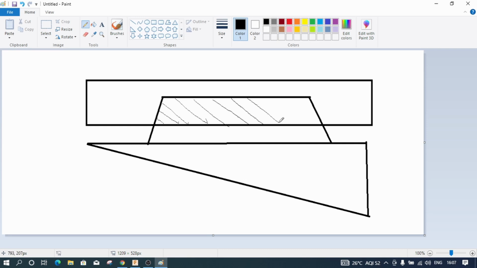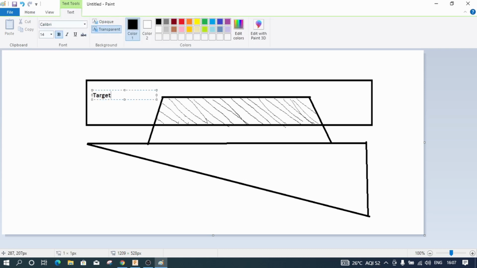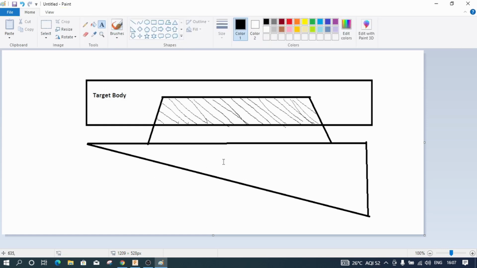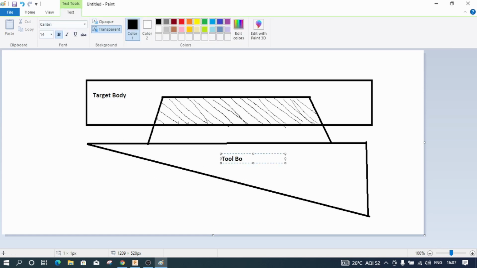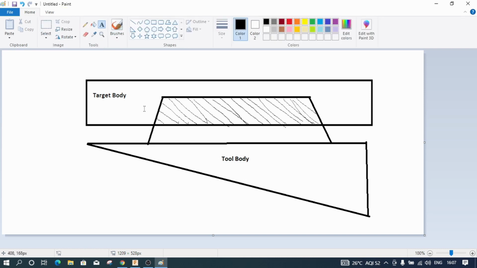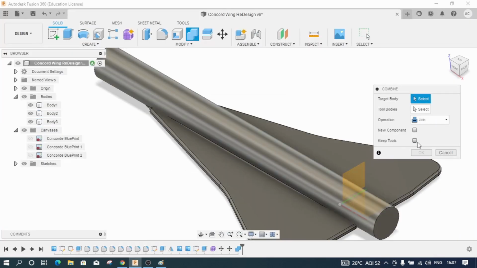I want to create a slot inside this particular body so that you can get a cavity where you can create this joint. So how will you create that cavity? There is an amazing feature in Fusion 360 known as body combine, and you can choose which part as the target body and which part as the tool body. So in Fusion 360 terms, this is known as target body and this is known as tool body. So using the tool body, you will cut a slot inside of target body and then you click on retain tools, or you can say keep tools.